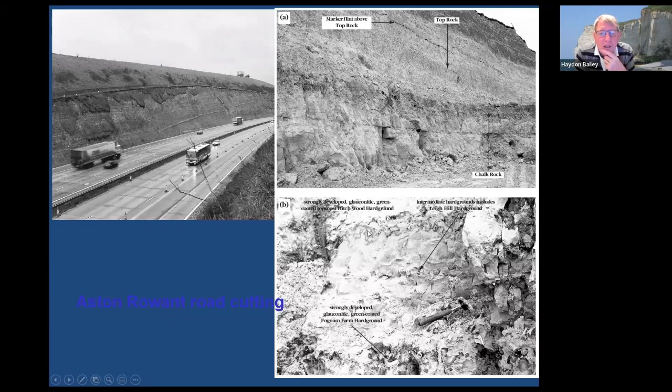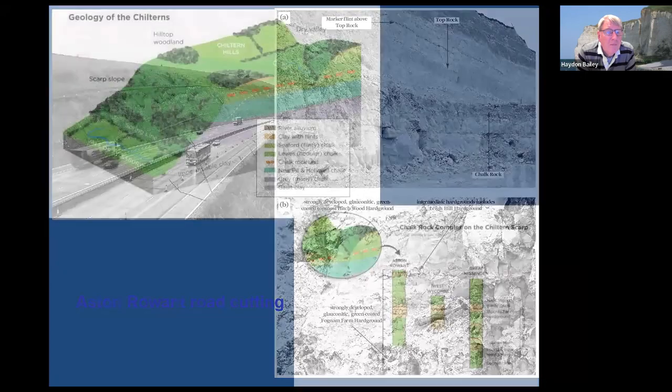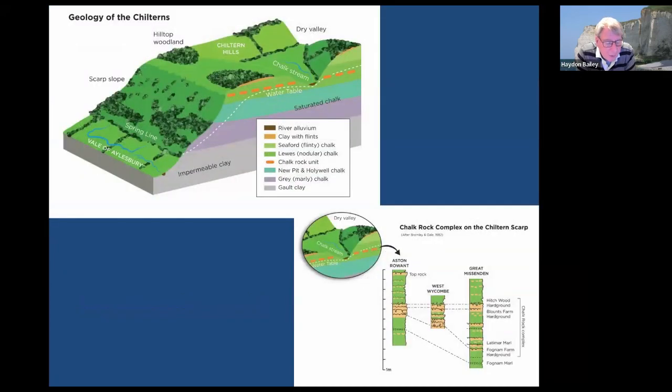And you can even see the burrows and some of those nodular fabrics within the hard grounds at the top of the chalk rock. Now, Richard Bromley, who did a lot of this work, mapped the whole of this area and published it in the early 1980s. But we've used some of his data, such as this diagram here, to show how the chalk rock varies across